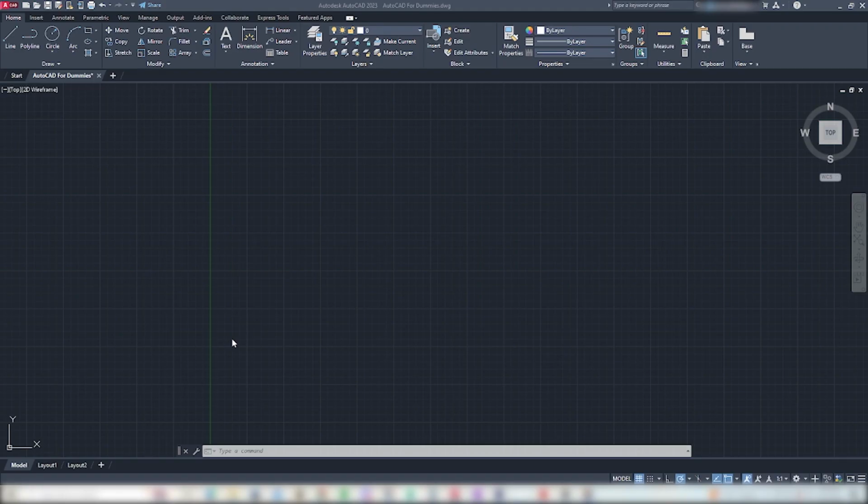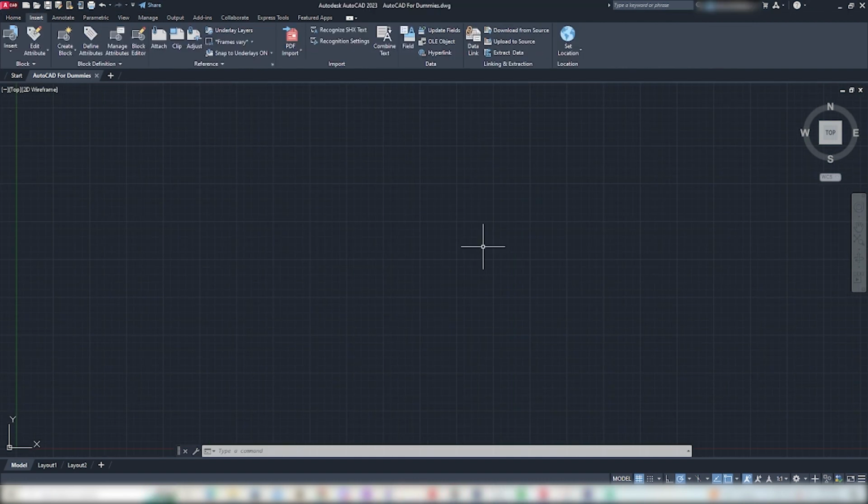So you want to learn about ribbons and panels? Let's jump right into it. The ribbon is pretty easy to spot in your AutoCAD system, and it's directly below your application menu and quick